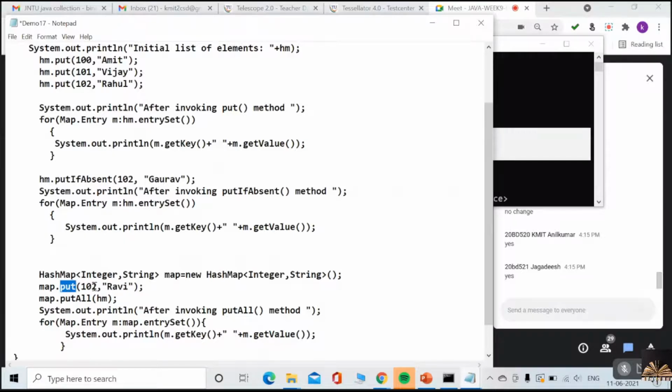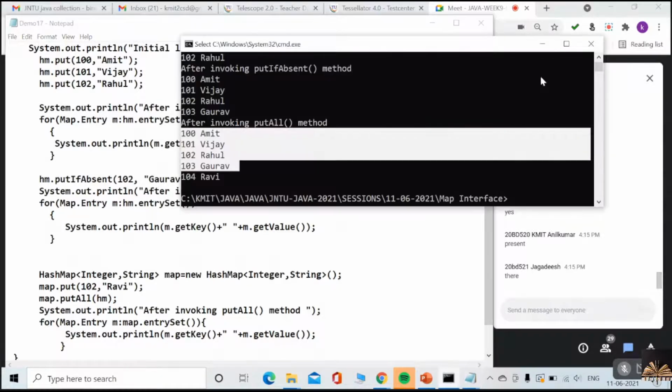The put method obviously overrides if the key already exists. Yes or no? Right. So let me just execute this so that you will confirm what you are guessing.